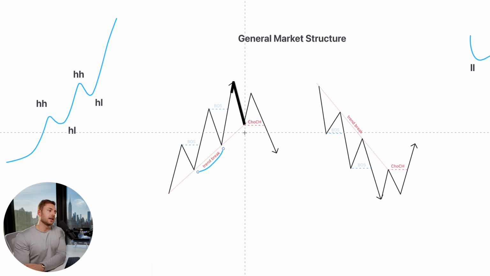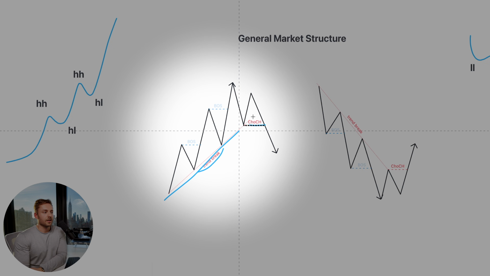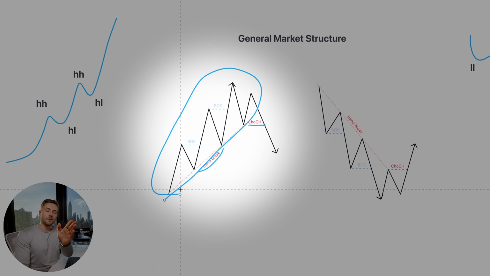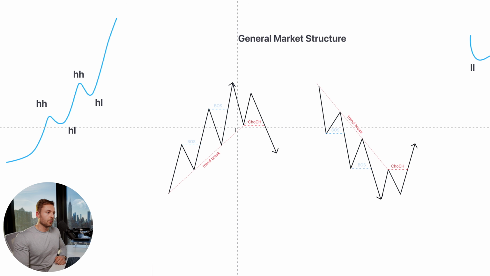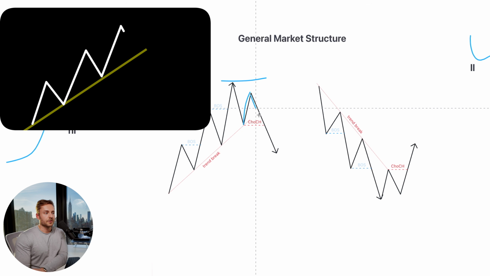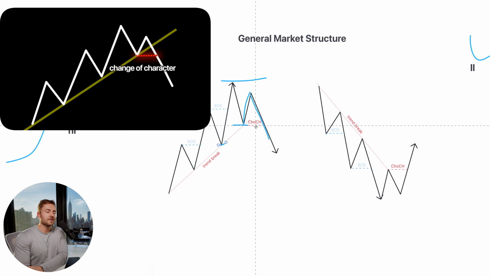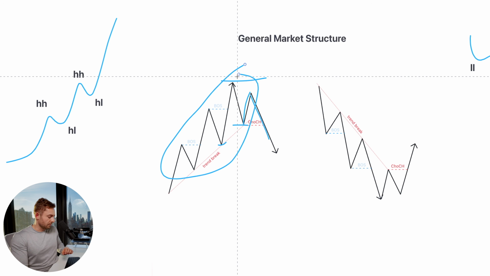Now, the next term that we need to pay attention to is something called a change of character. And this is the abbreviation for change of character. So if this is the general characteristic of the price moving up and we have all of our metrics, so the higher high, higher low, break of structures, and lower trend level, when price pushes up, fails to create a new break of structure, and now turns around and pushes below one of these higher lows, in the case of an uptrend, this is called a change of character because it's now changing its overall characteristic of the price and could potentially be the beginning of a new downtrend,